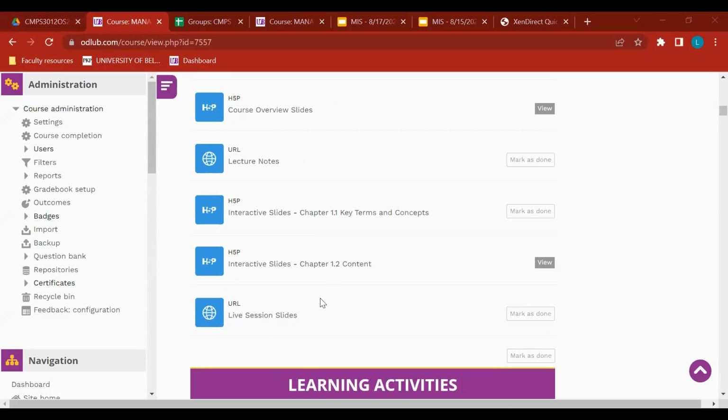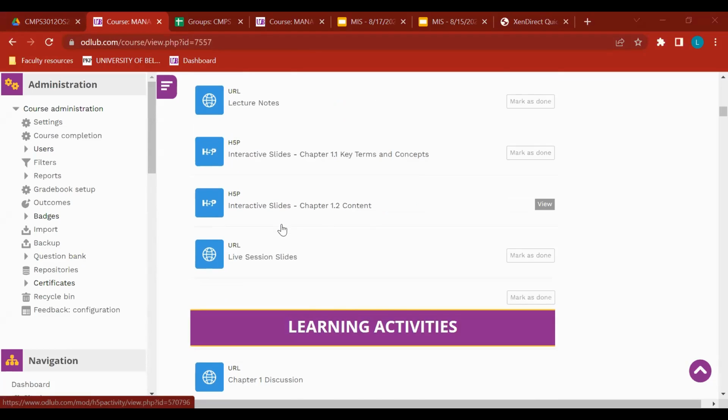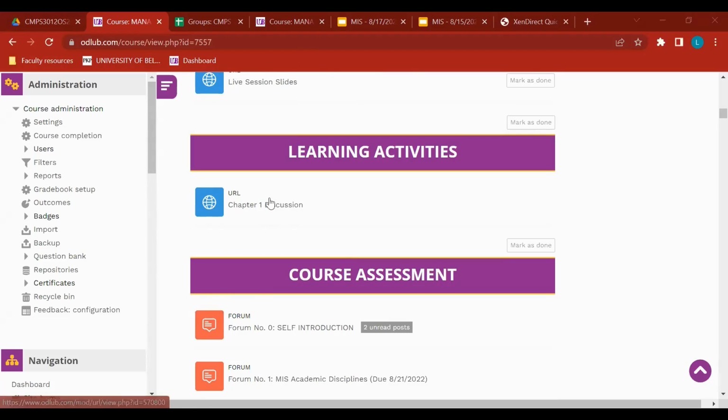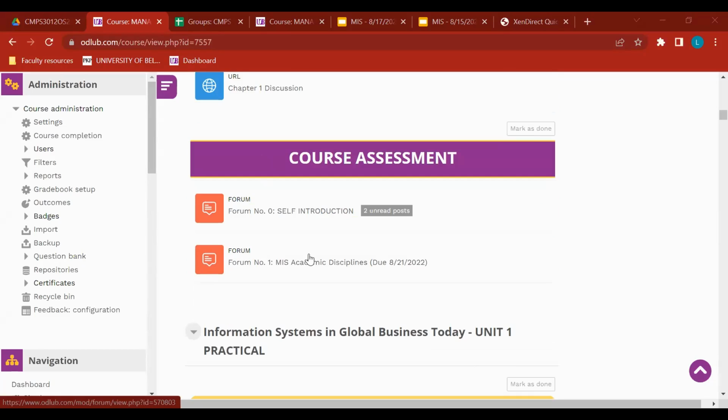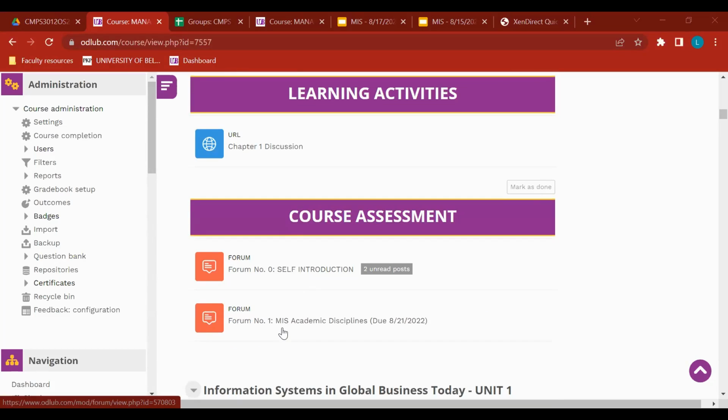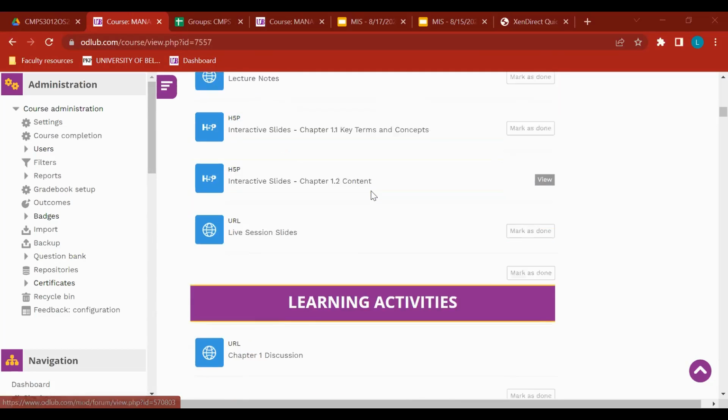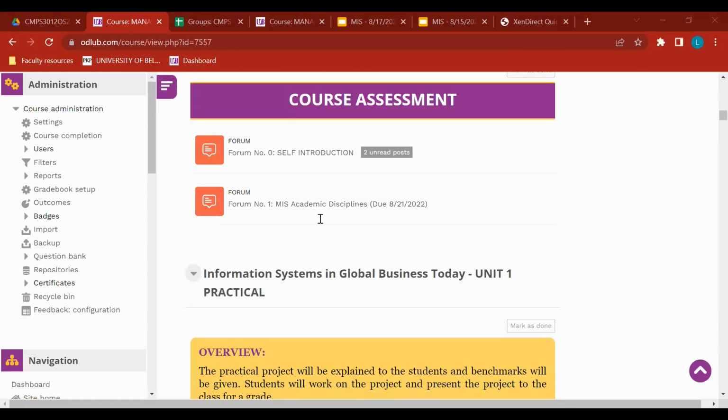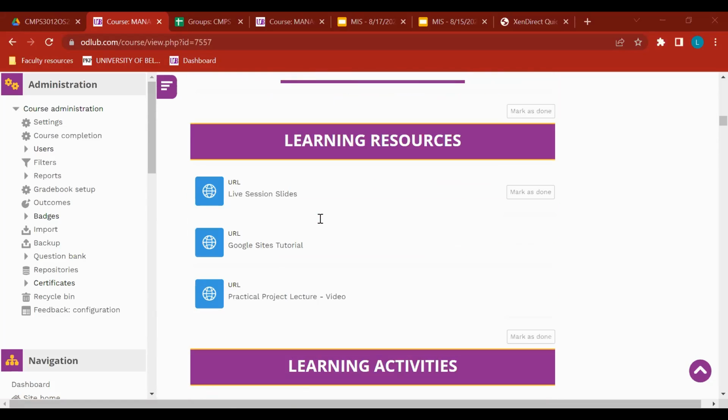Okay, so on Moodle, like I mentioned, your assignment will be to go over the interactive slides when we end the session tonight. And you guys, in your project groups, you're going to be discussing chapter 1, but what will be submitted on Sunday of this week are forums 0 and 1. Like I told you, you can't do forum 1 without finishing the interactive slides, okay? So you guys are going to be using the remainder of the time to go over those on your own.